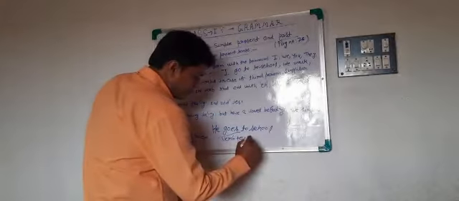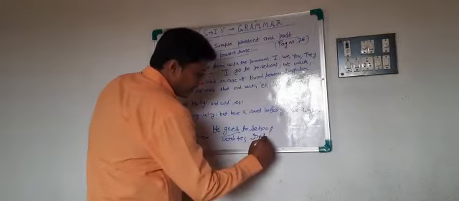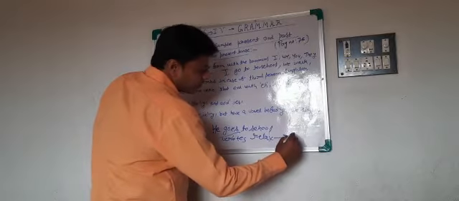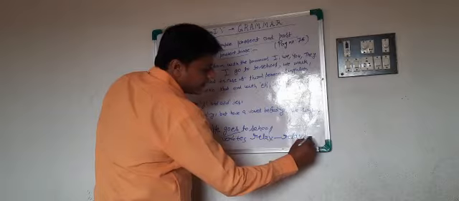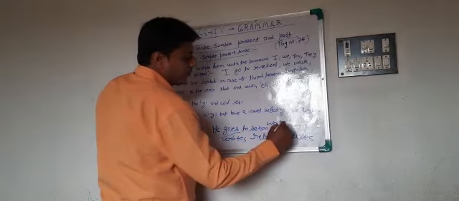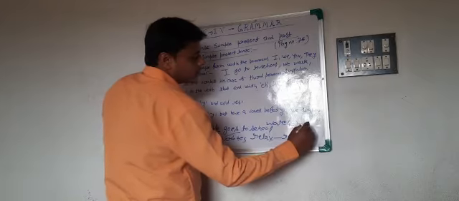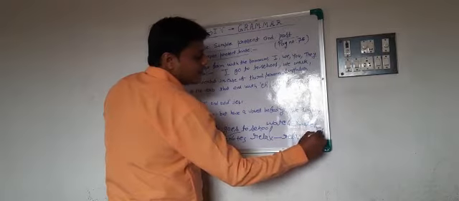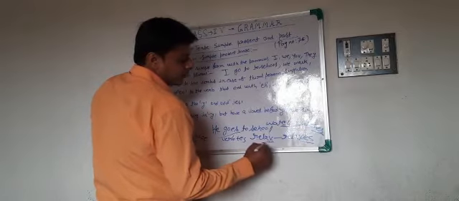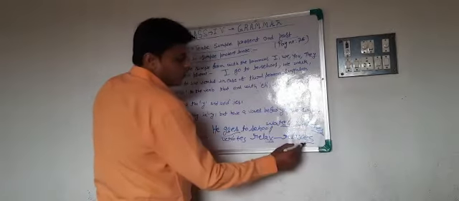Right? Relax, r-e-l-a-x. The simple present form is relaxes, r-e-l-a-x-e-s. For example, watch, w-a-t-c-h. What? Watches, w-a-t-c-h-e-s. We add es because it ends with ch, or ends with x, or o. Okay.